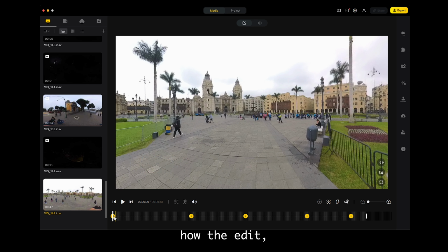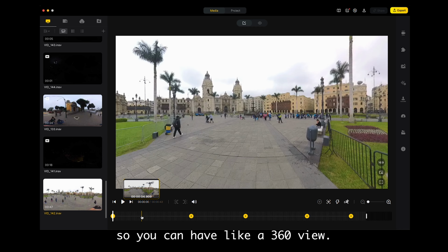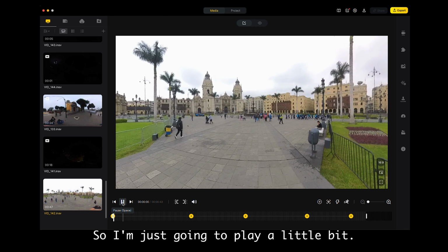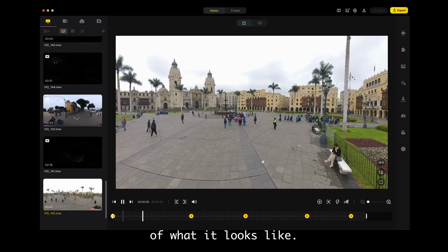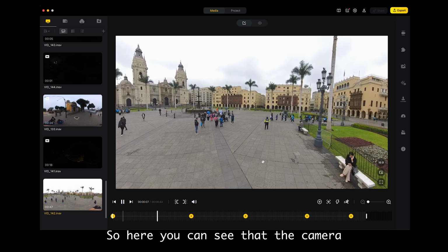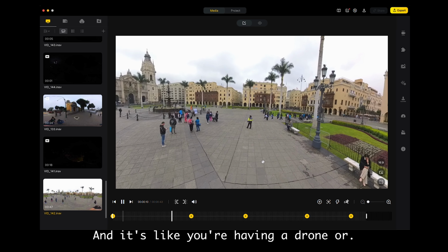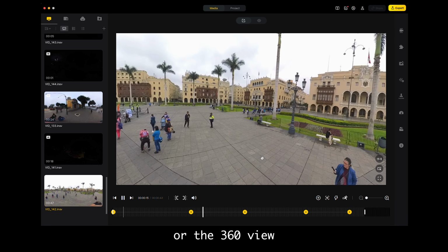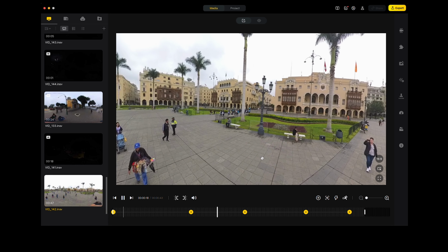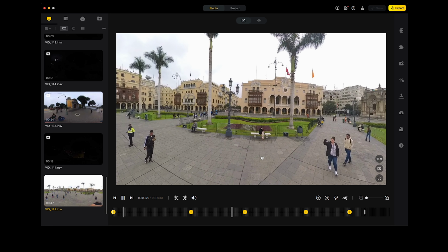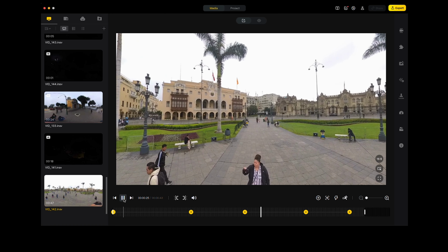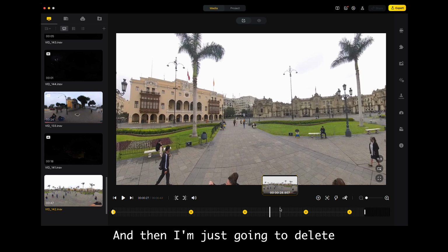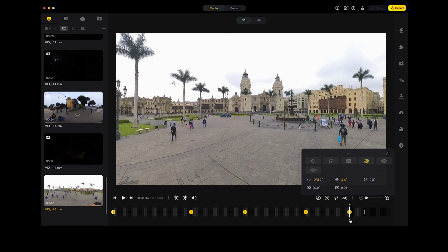I'm just going to show you how I add this keyframe so you can have a 360 view. I'm just going to play a little bit so you can have a sense of what it looks like. Here you can see that the camera is moving, and it's like you're having a drone or the 360. So that's pretty much it, and then I'm just going to delete this one,